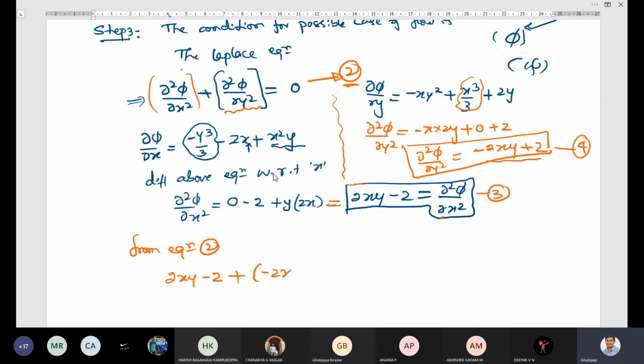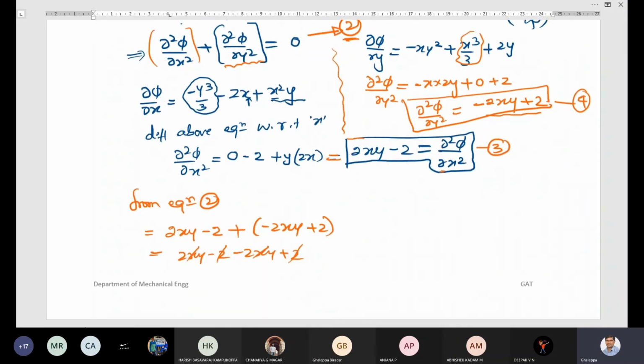Minus 2xy plus 2. So it should be equal to 0, let's check. We'll get 2xy minus 2 minus 2xy plus 2. So it gets cancelled. So it is equal to 0. So hence it satisfies the Laplace equation. The Laplace, hence it is a possible